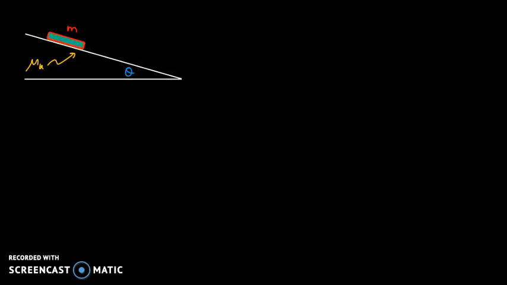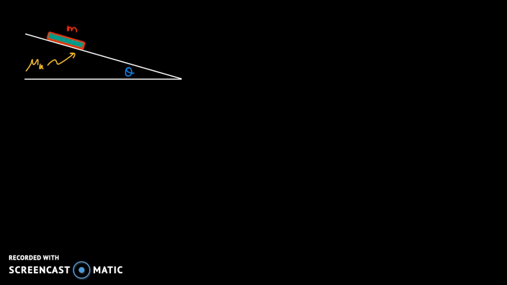In this problem, we have a sled that is sliding down a snow-covered inclined surface. There's kinetic friction between the sled and the snow, and the sled is moving at constant velocity. And we'd like to calculate the incline angle such that the sled can slide down at constant velocity. So the mass m is given, mu sub k, the coefficient of kinetic friction, is given, and we're looking for the